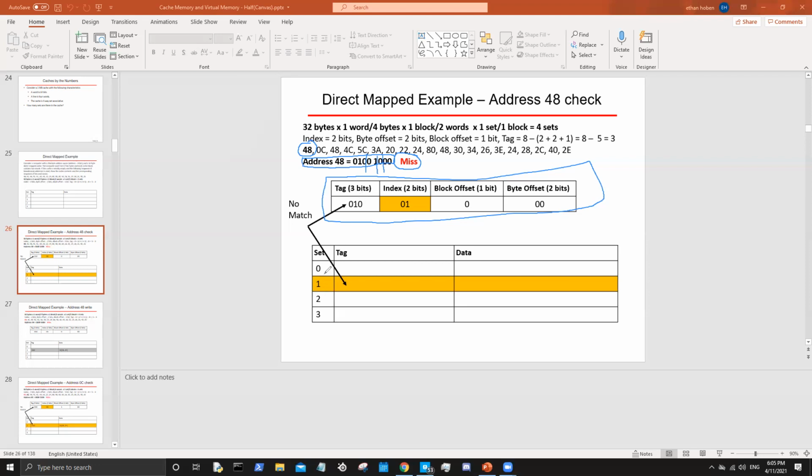So to start here, you have your tag, which in binary goes 0, 1, 0. Technically, oh wait, no, we're talking about the index here. Index tag is going to be put here. The index is what selects your set. So here we have 0, 1, which is 1. So that shoves 4, 8